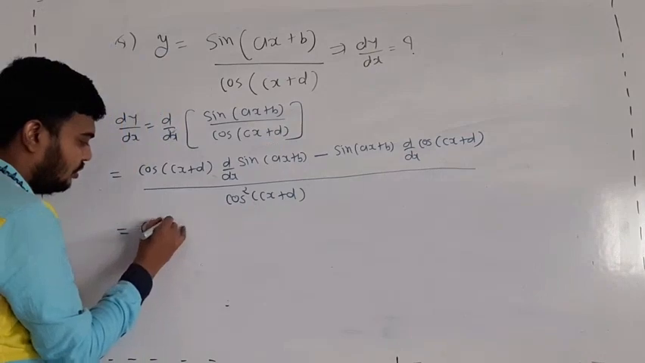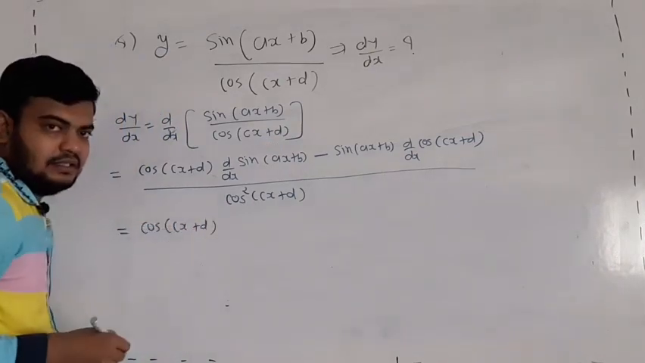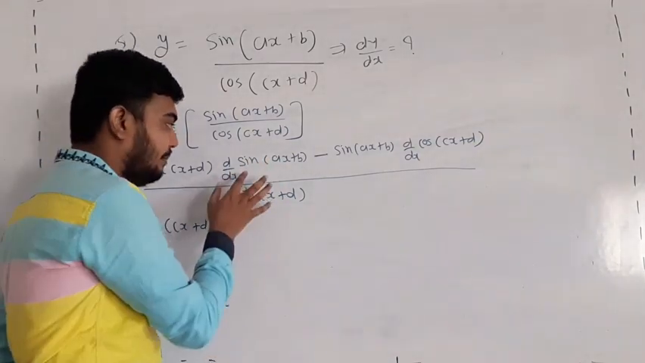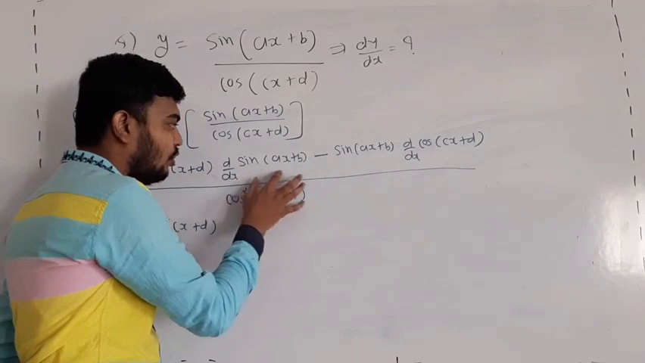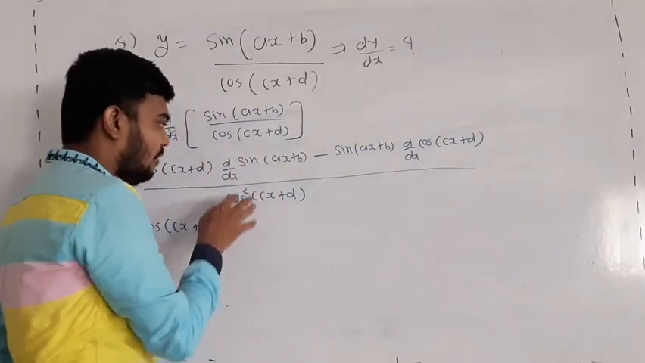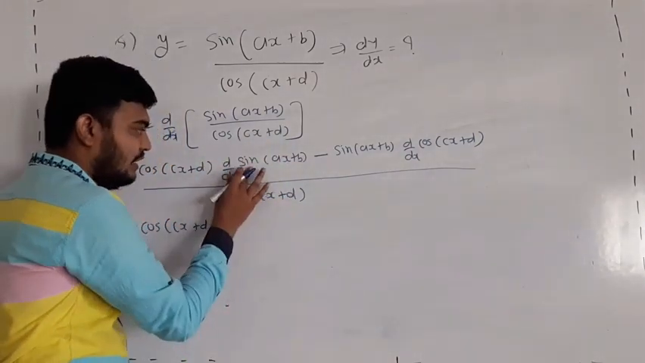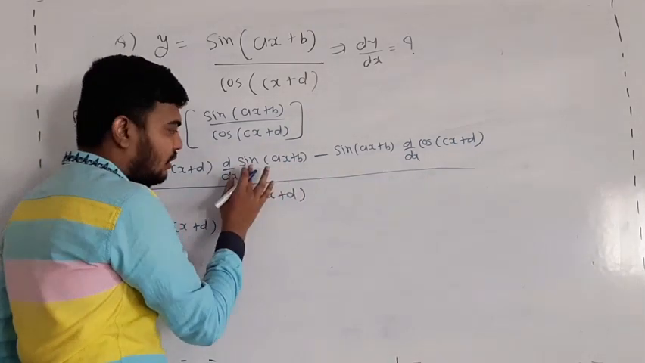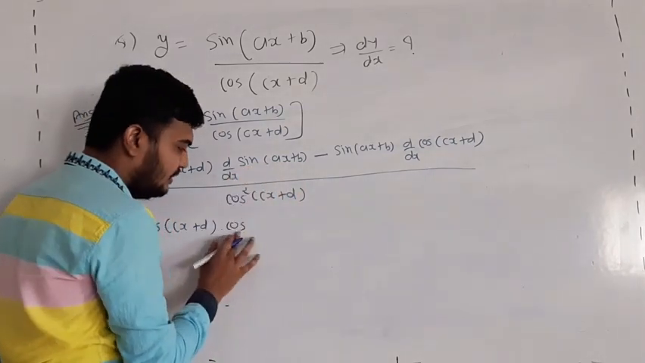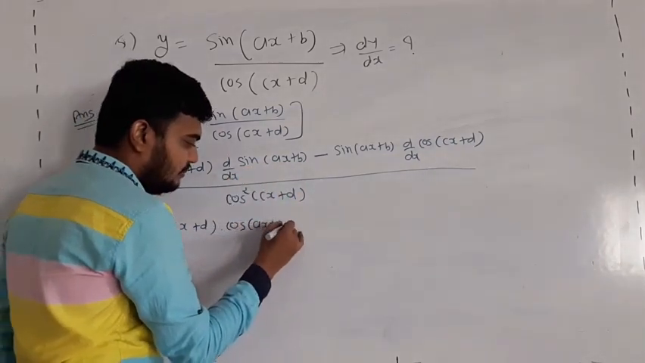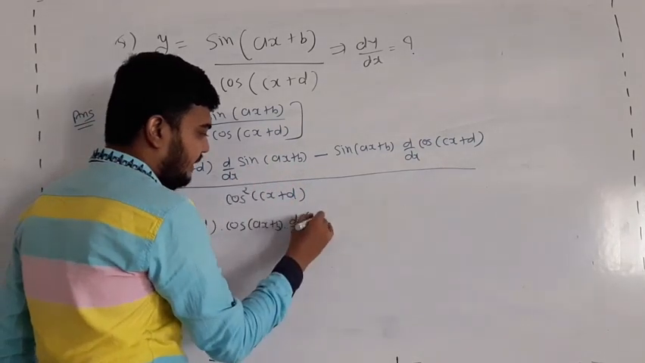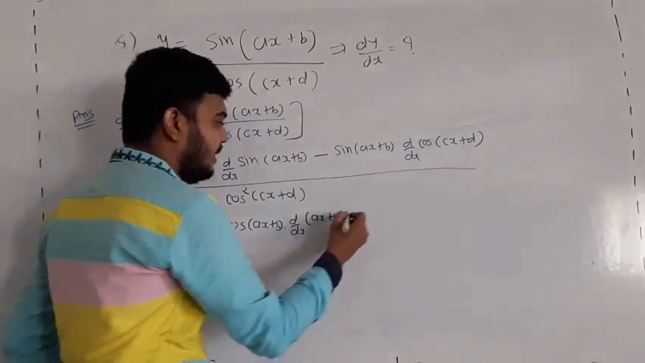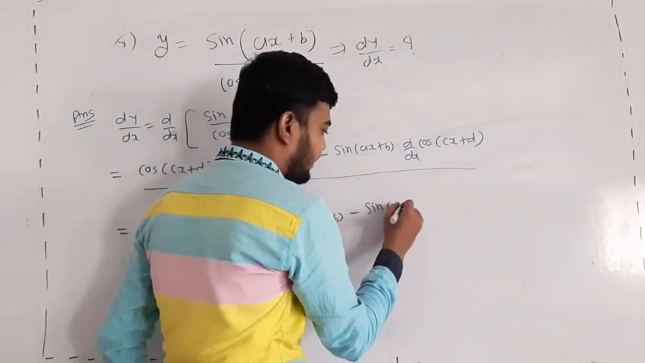So cos of cx plus d. Now here d by dx of sine of ax plus b. So here apply the chain rule because it is a composite function. So the outermost function is sine. So the derivative of sine is cos, and the angle of this cos is what beta? The angle of this sine. So the angle of this sine is ax plus b, so the angle of this cos is also ax plus b. Now d by dx of ax plus b is remaining. Okay,